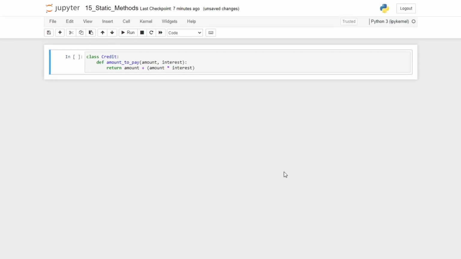And now let's delve into another type of method, the static methods. While unlike class methods and instance methods, static methods cannot access the class or instance state. And they are utility methods that make sense as part of the class but have no inherent connection to the class itself. So here we have a simple class credit with a method amount to pay,